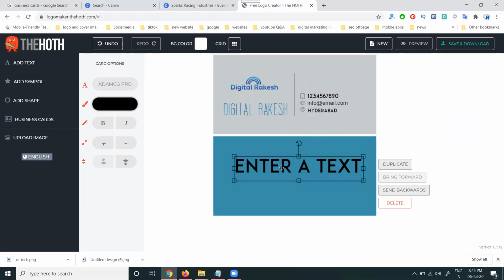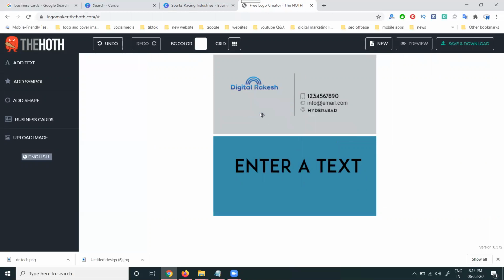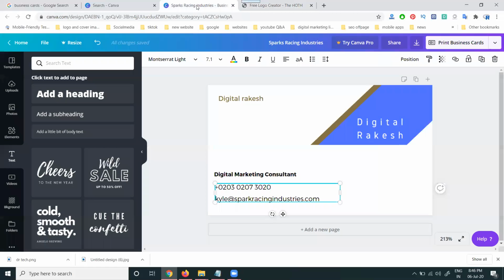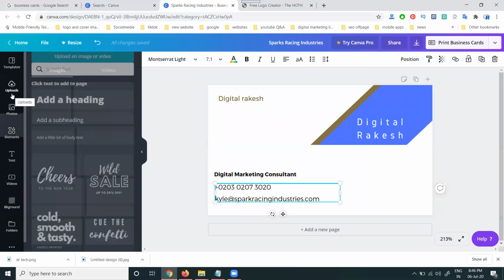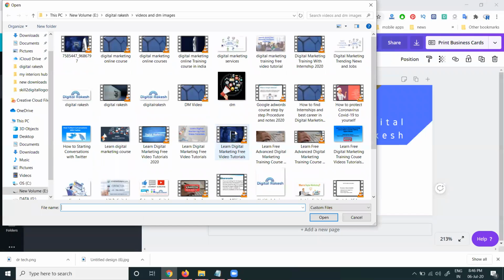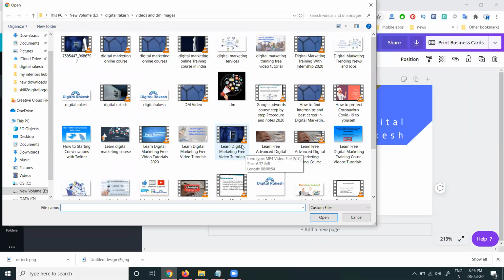In the total business card, you can show only one text. Give the company one text here. The text that is not required, remove it. Just delete it. Anything is possible in this option. Control Z is undo, delete is the delete option. Same if you add a logo also: select the logo option, browse the file where your logo is, and add your particular logo. It depends on your particular things.